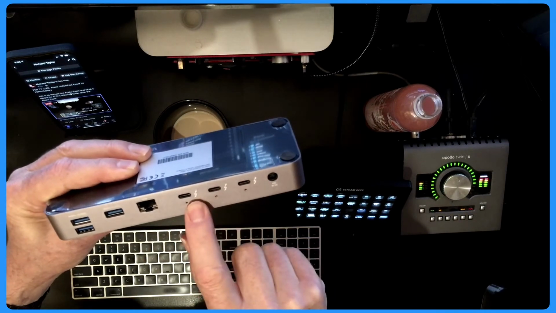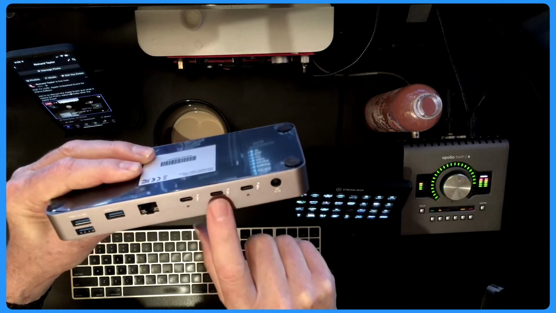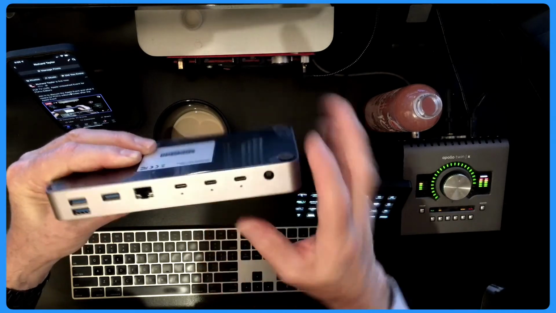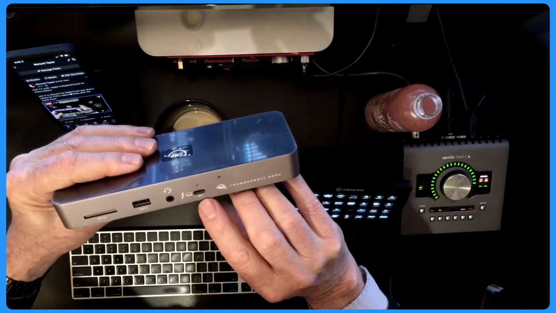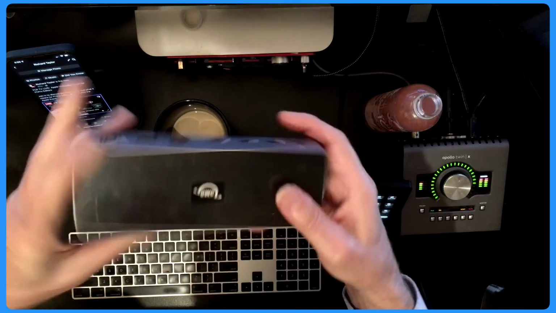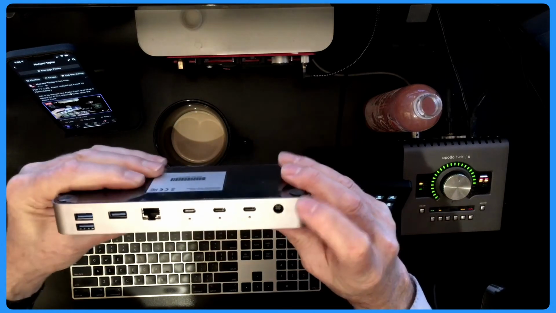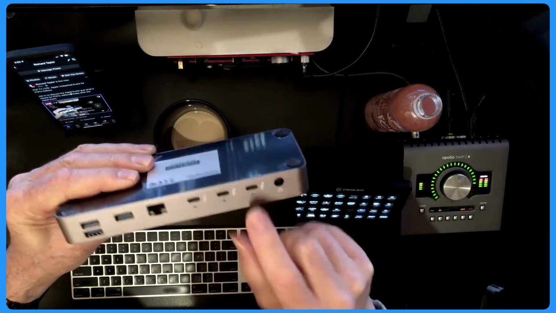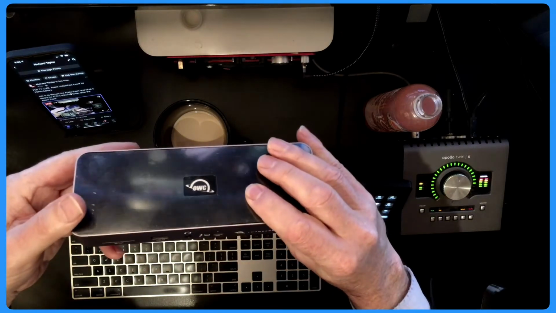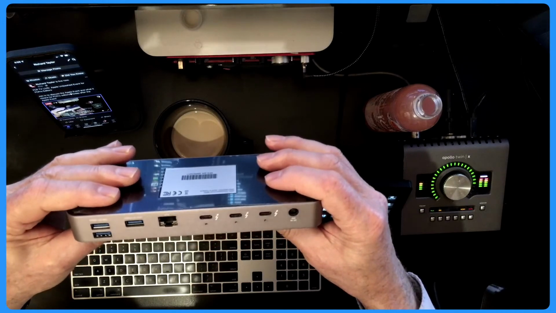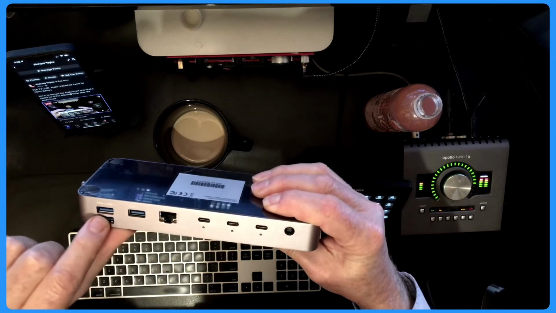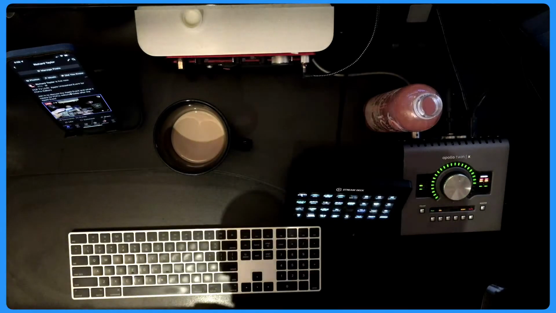These are Thunderbolt 4 ports. Is this going to be with 96 watts of power? It actually has a power adapter right here. Are these going to be able to use this 96 watts of power and not draw from the MacBook Pro? That's what I'm hoping. It's Ethernet, and these are USB 3.2, so that's great.